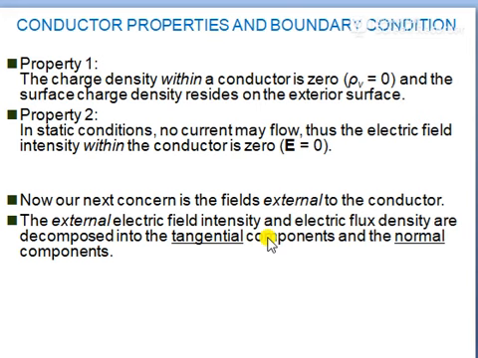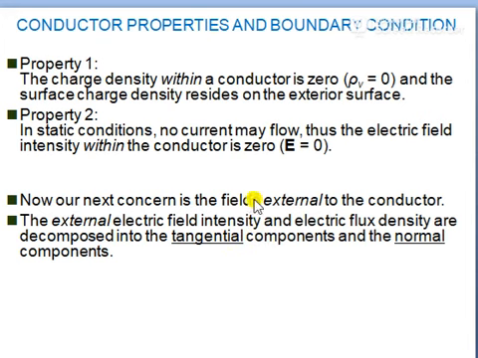For studying the boundary conditions, we should know the Maxwell equations of electrostatics. That is, the integration over a closed path of E dot dl is equal to 0, and the other is the integration over a closed surface of D dot ds is equal to Q. Similarly, the electric field intensity is required to be decomposed into two components. One is tangential to the boundary, called the tangential component, and the other is normal to the boundary, that is En. So E tan and En will give you two components.